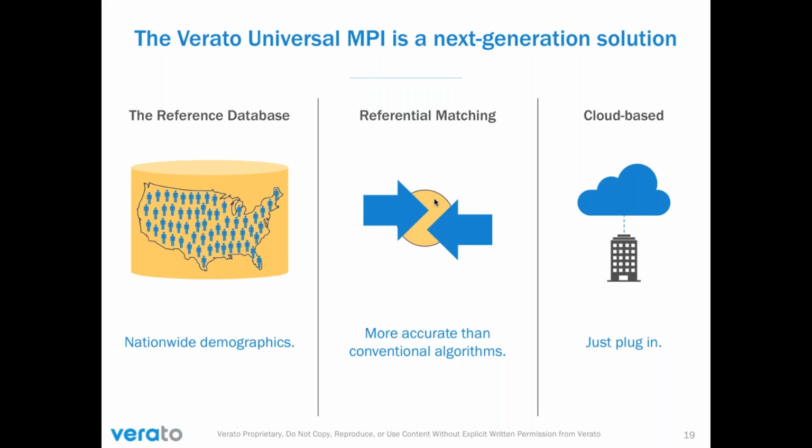So what we do is we start with basically a system that has records of all the patients in the US. So we have a reference database that has demographic information on US persons. It's a very robust and high quality set of data. So going back to the very beginning of this discussion today, when we were talking about the problems that we see inside of EMR data, the data quality issues that exist, and how those are the big impediment to getting good accuracy with traditional MPI approaches, we're attacking that by bringing high quality data to the equation.